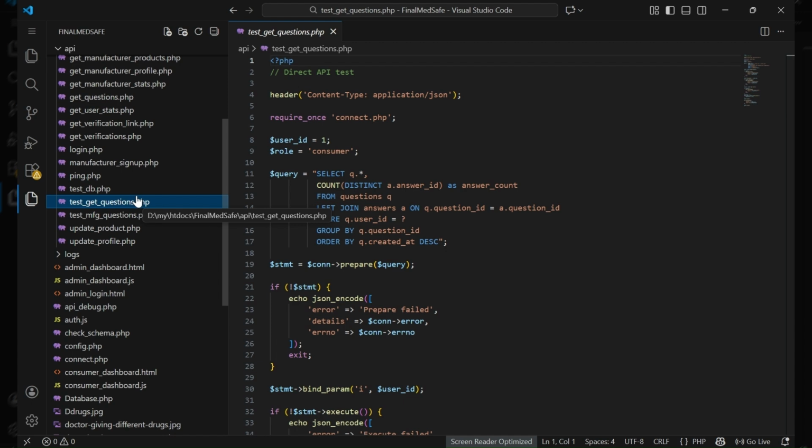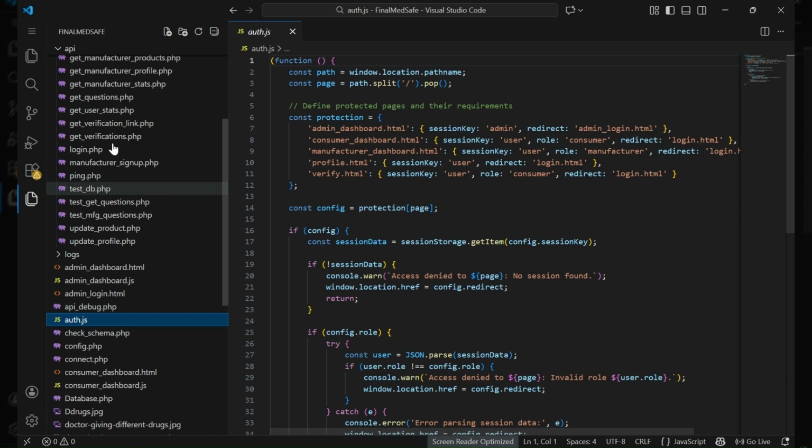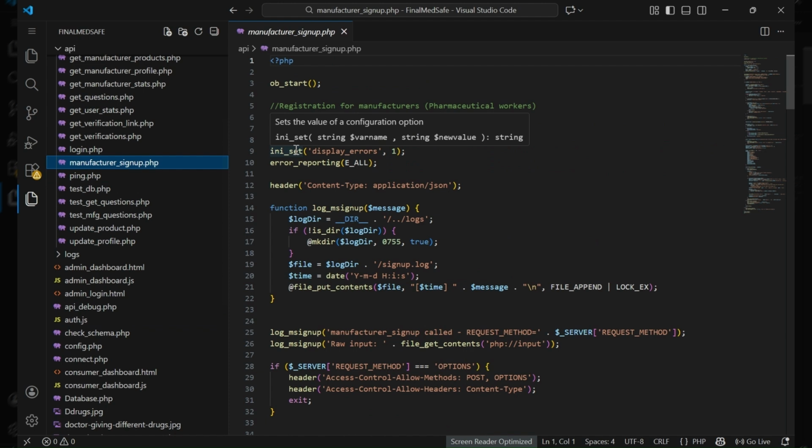And also for debugging and errors, I used GitHub Copilot for some parts of them because some of the errors were hard to debug, so I asked for input. So this OB stats was